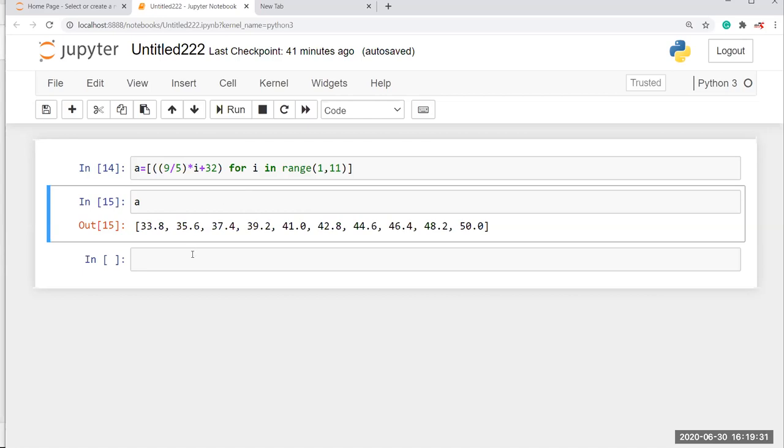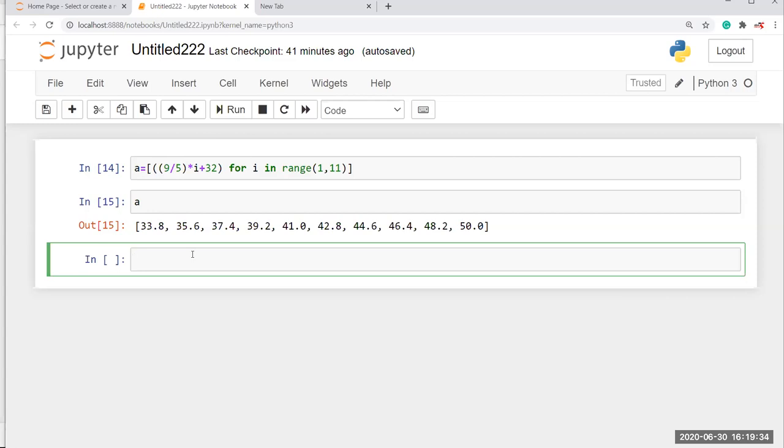Next we'll see how to use if and else statements in list comprehension. Okay, so I have to declare A equal to, then I have to give square brackets. Inside the square brackets I have to give a temporary variable. Here I'm taking x as a temporary variable. After that you have to give an if statement.